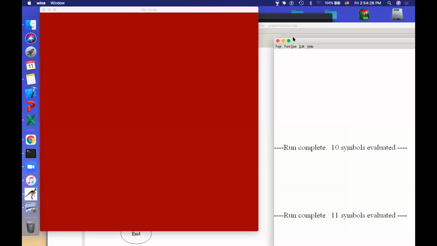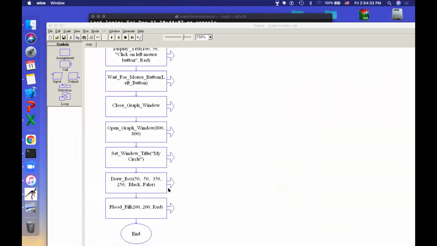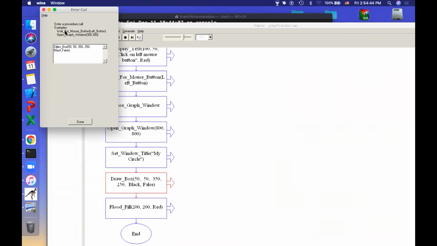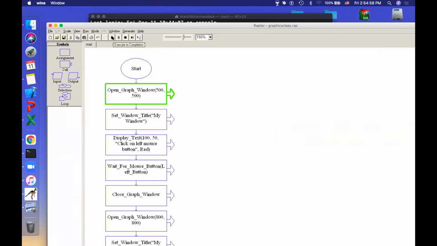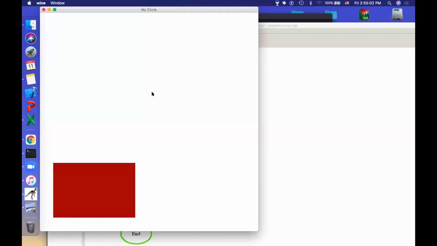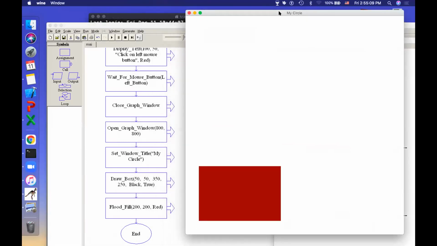Yes, I think you can see that I have flood filled the box with red color.